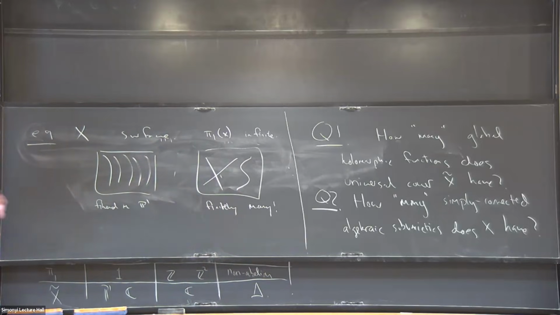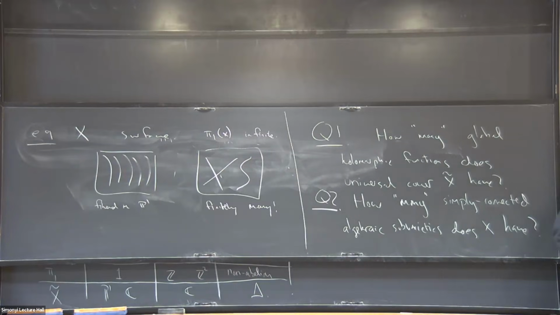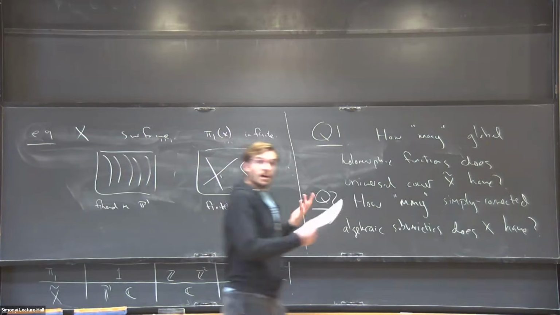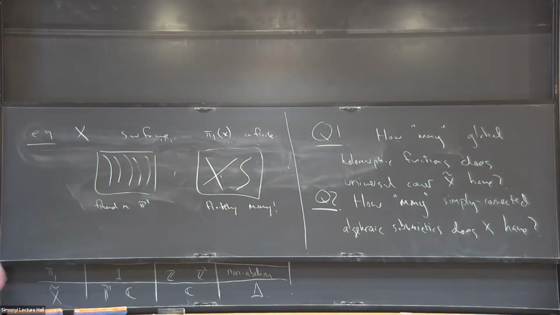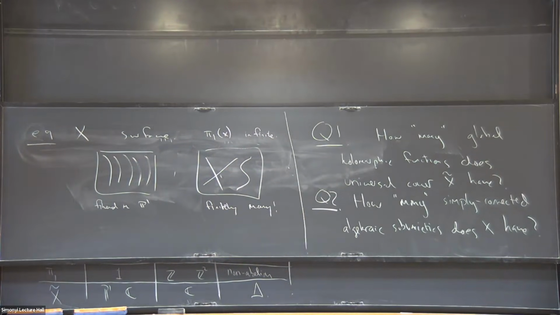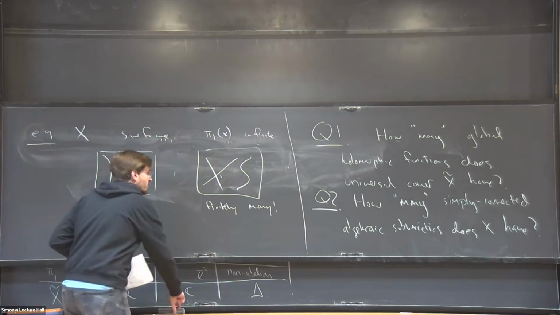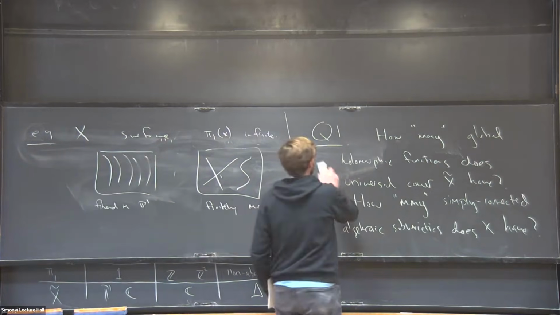Okay, so already we're seeing that the fundamental group is implying some boundedness statement about families of algebraic subvarieties that are either simply connected or, more generally, with finite image of pi1. Okay, so that's kind of interesting.